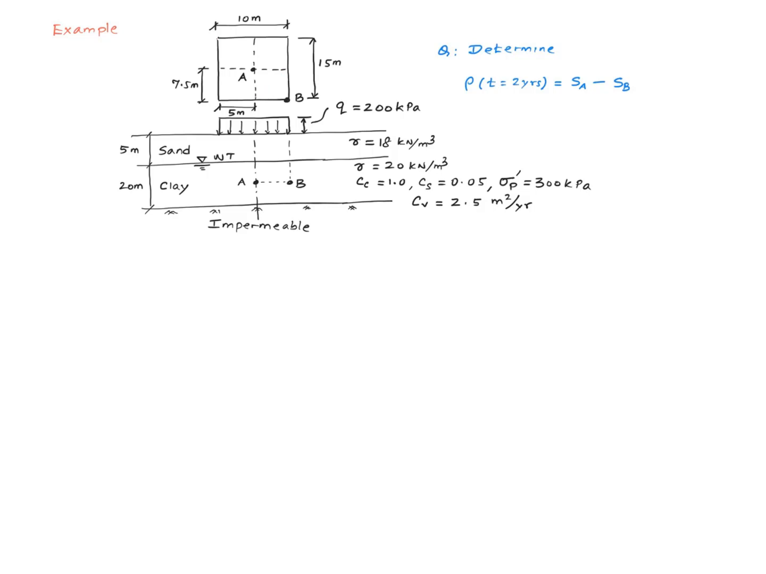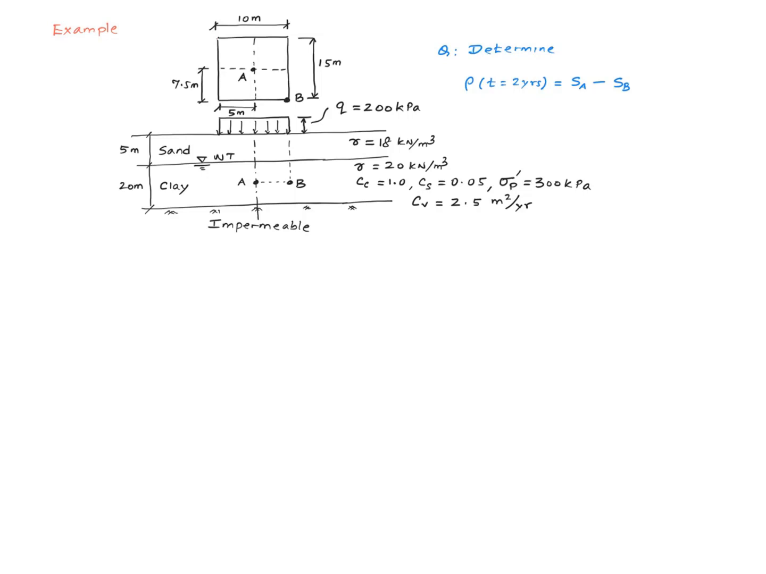We have a clay layer sandwiched between an impermeable layer and a sand layer. Water table is right here. The densities and other relevant properties of the two layers are given. In this problem, we are interested in the differential settlement between points A and B 2 years after the application